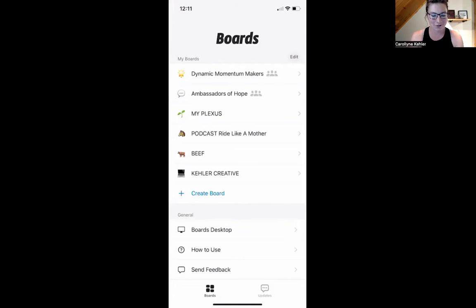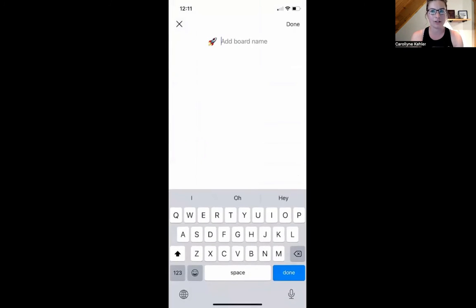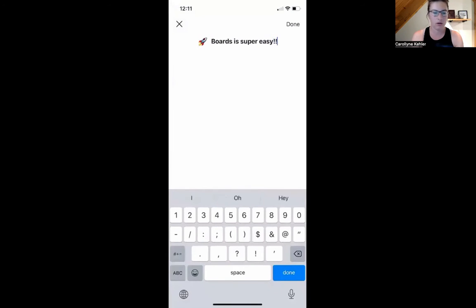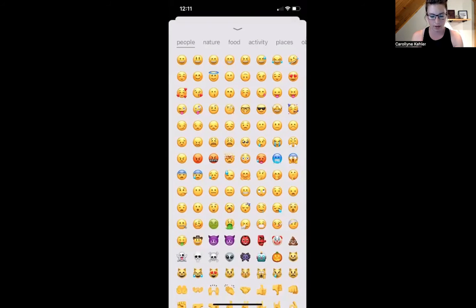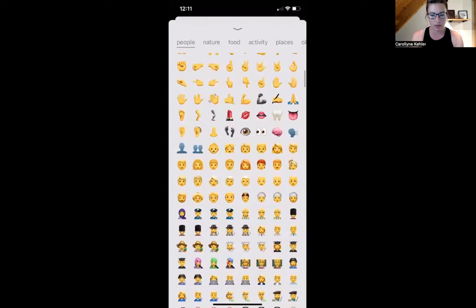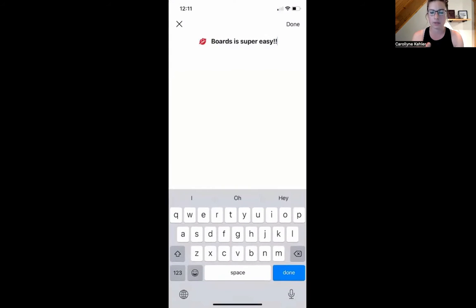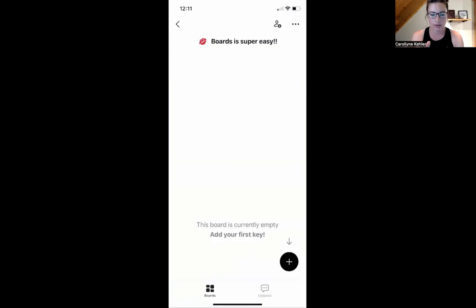Okay, so let's try creating a board first of all. So I clicked on create a board and add a board name. Boards is super easy. And then I click on the little rocket ship there and I can make it any emoji I want. So let's go, oh, the kissy lips, because they're cool. Okay, done. So I made my first board and now I go to the little plus sign and I can